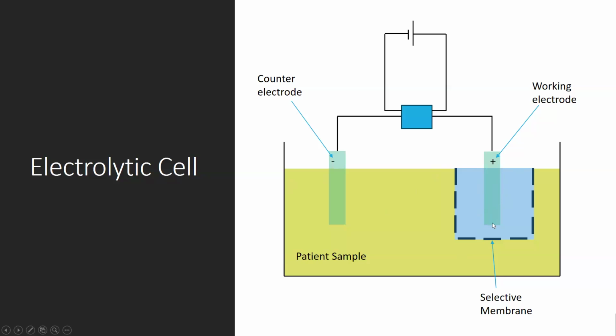Now, this can be confusing because electrons move in the opposite direction of potentiometry. However, the definition of anode is where oxidation occurs, and the definition of cathode is where reduction occurs. Now, a positively charged electrode will promote oxidation reactions, where species give electrons into the electrode. Conversely, the working electrode can be the negatively charged cathode, where the cathode will drive reduction reactions, where electrons are